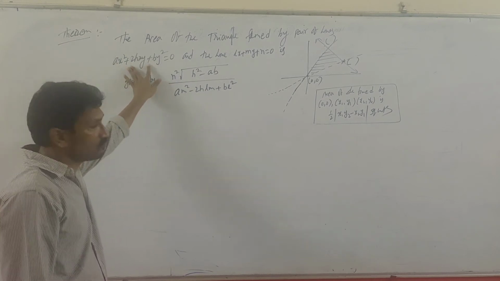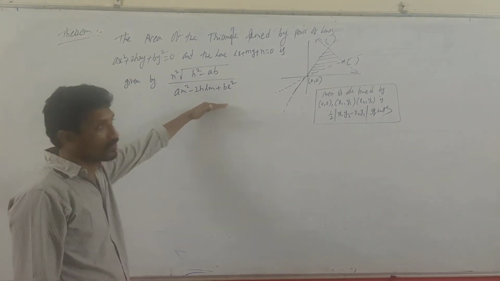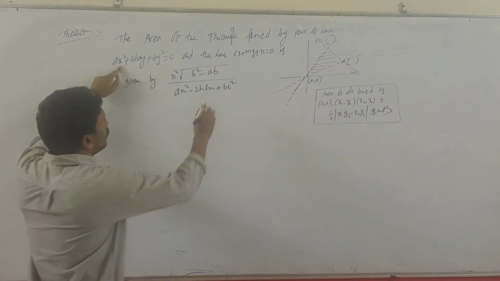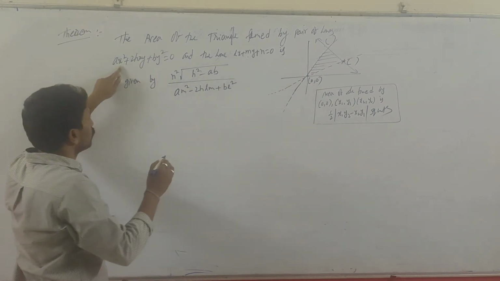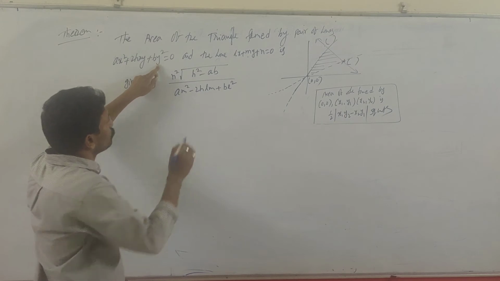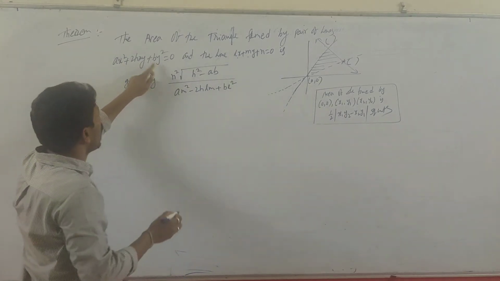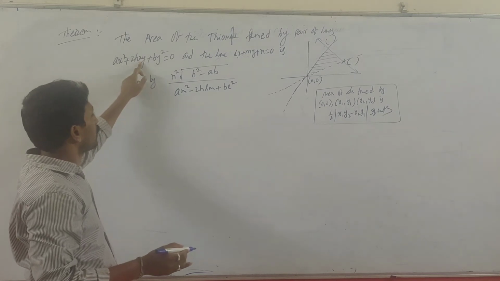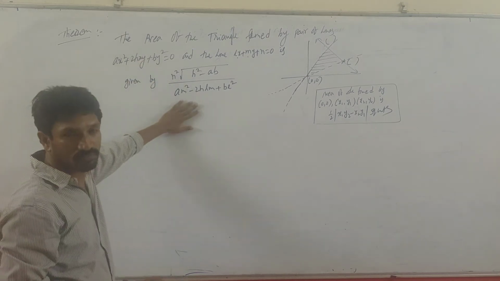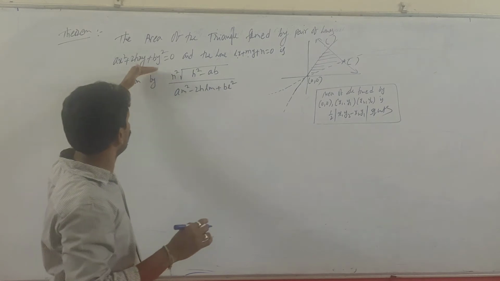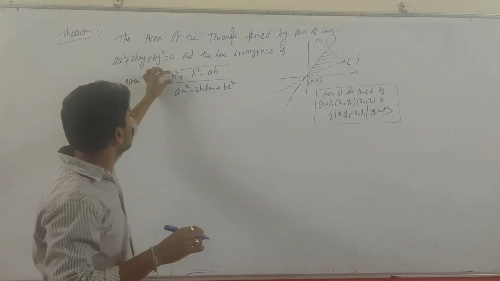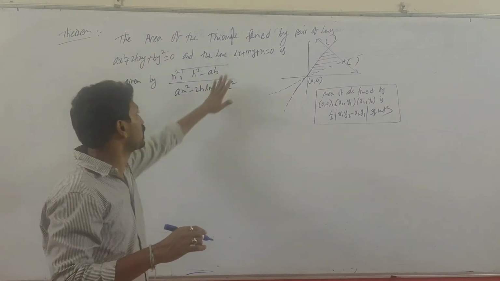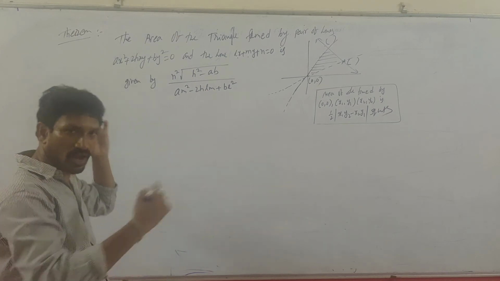If you observe this one, it is a little bit like this. In am square, in the place of x substitute the coefficient of y, and in the place of y substitute the coefficient of x. Between them you write minus 2h, and replace x by l and y by m. But if you take the complete equation, then this part will change, and the remaining you get the same. Okay, I will do that one.